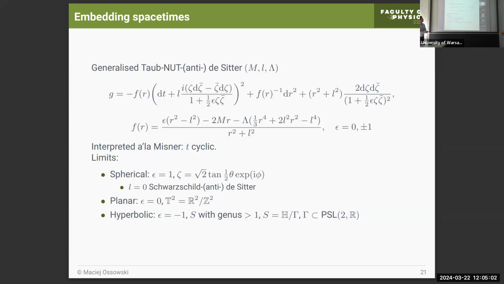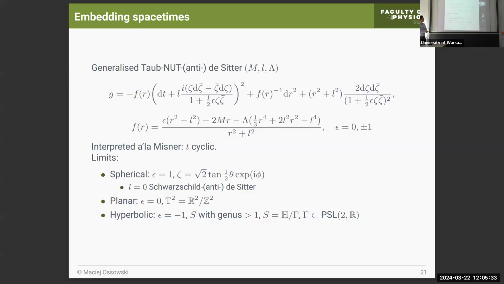First is epsilon equal to 0, in which this is a metric on a plane, and we want our horizon to be compact. I mean, our slices to be compact. So we can construct from the plane a torus just by taking a quotient by some two-dimensional grid on the plane. And the third case